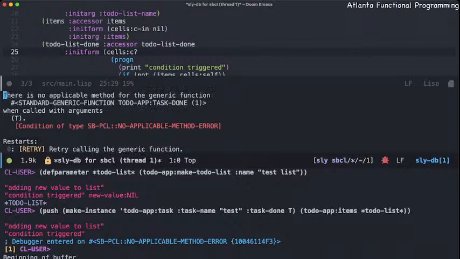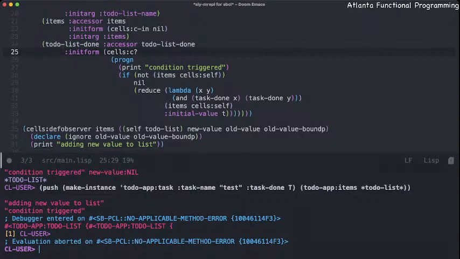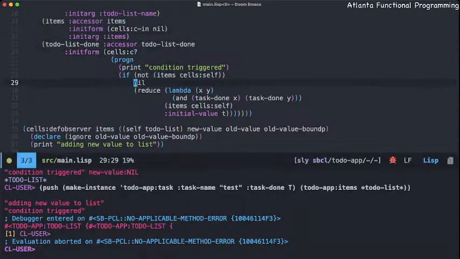There is no. Got it. The first time that we do this,